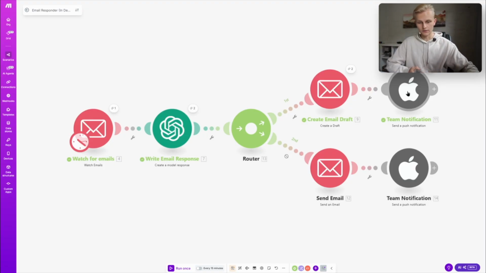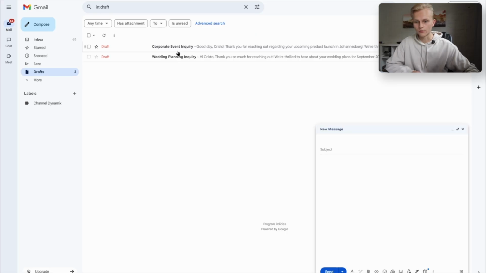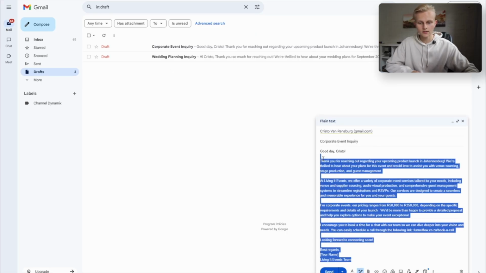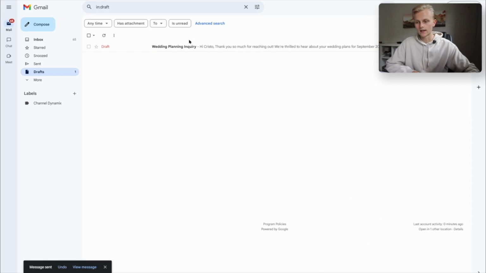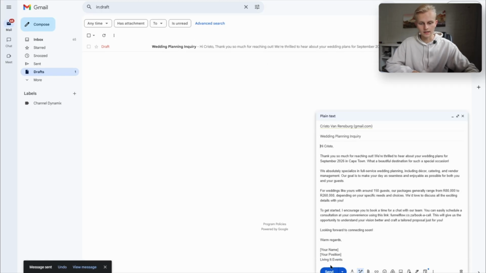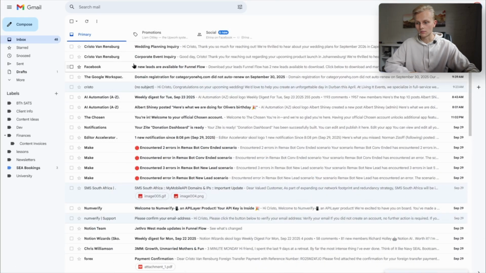So I can go ahead and review the draft by clicking on that, but I'll show you on my computer instead. And now if I pull up that email account, you can see that there are 2 drafts ready for me. The first one is for the corporate event. There you go, the draft is ready. I can then go ahead and modify this as I want to, and I can send it back. And then for the wedding planning, it's ready, and I can send it back once I'm happy. And then on the client side, they'll see that email pop up in their inbox ready with a response based